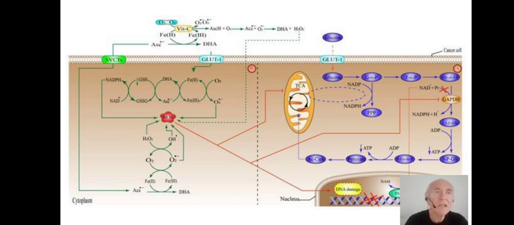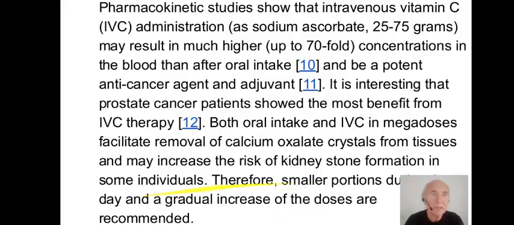And the mechanism is such that vitamin C is oxidized to DHA, and DHA blocks the glucose transport to the cancer and senescent cells. And cancer and senescent cells rely on glycolysis, on the use of glucose as a source of energy in the cytoplasm of the cells, in difference from normal cells, which produce energy in mitochondria by oxidation.